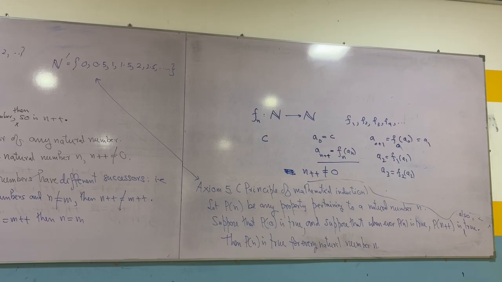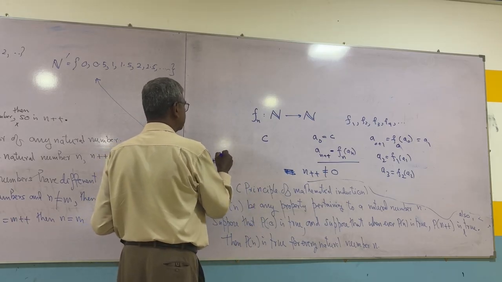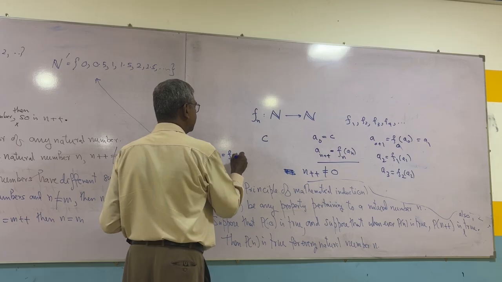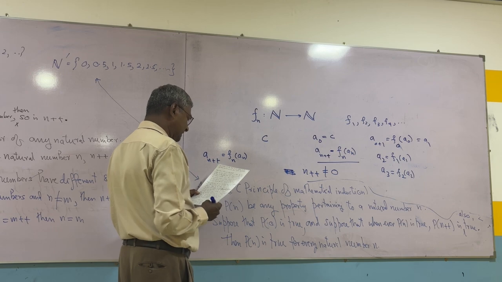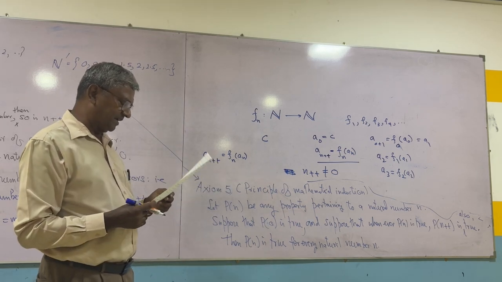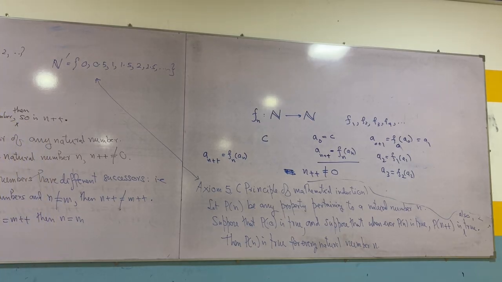Now suppose inductively that the procedure gives a single value to an. He is using this principle of mathematical induction. Then it gives a single value to a(n++), namely a(n++) is fn(an). So you get only one. None of the other definitions will redefine the value of a(n++), because if n is not equal to m, then n plus plus is not equal to m plus plus.